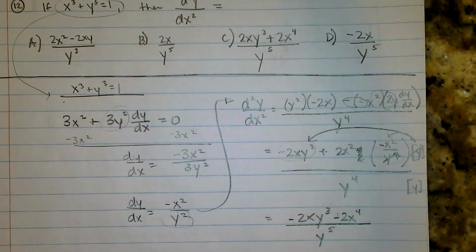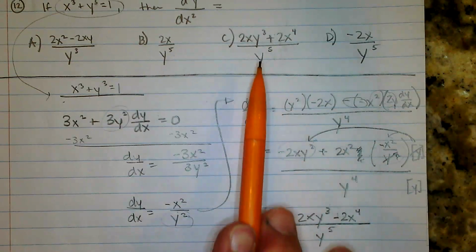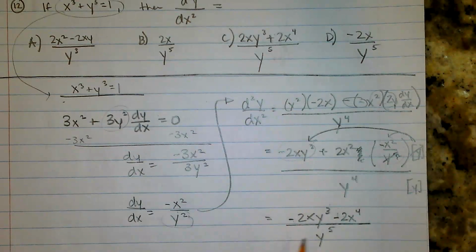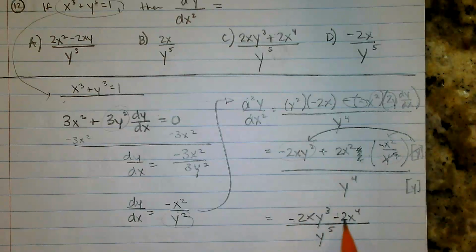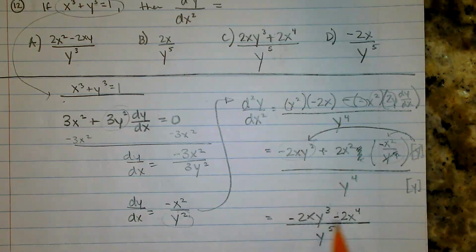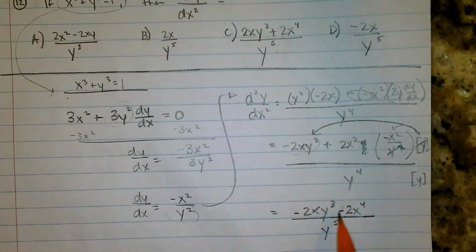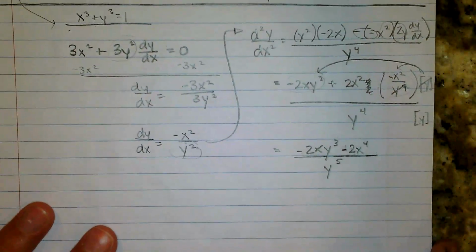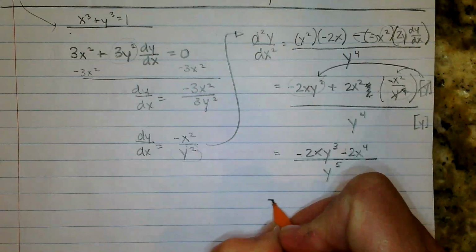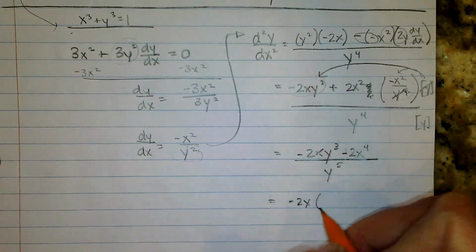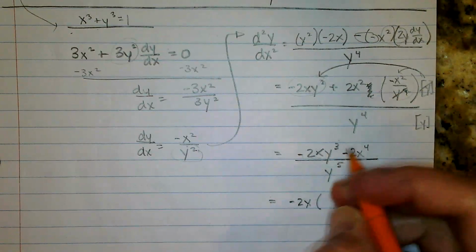So if I'm looking at my options, nothing is a dead ringer. This one's close, although mine is a negated version of that. So here we would look for another way to kind of simplify this, maybe substitute something out. So if I look at my top two terms as far as factoring, I can factor out a negative 2x. And that's going to leave me with y cubed plus